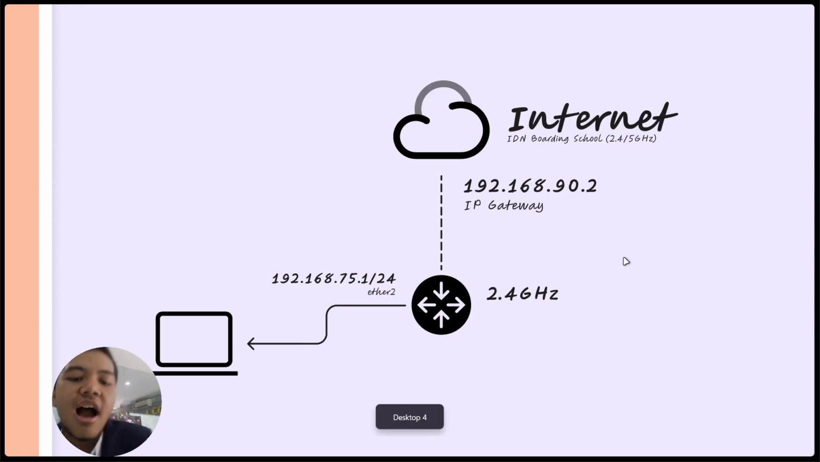Okay, now I will show you the topology that we use for this tutorial. Here we have the router. This is a RouterBOARD, for example RouterBOARD 941, and it has a wireless device to connect to the internet. For example, we connect to Wi-Fi from IDN, and there's an IP gateway here. Now we connect to the router, and it continues to the client,